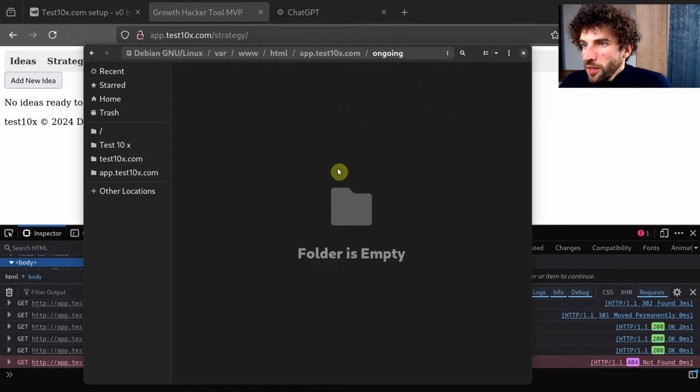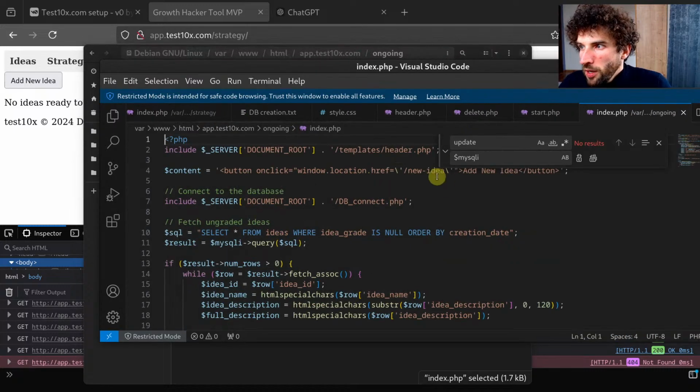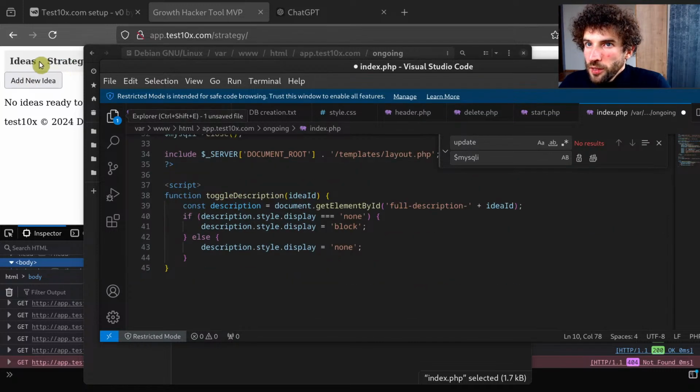except we have select star from ideas where idea grade is null. No, it's where start date is not null and end date is null. Is that correct? And we don't need